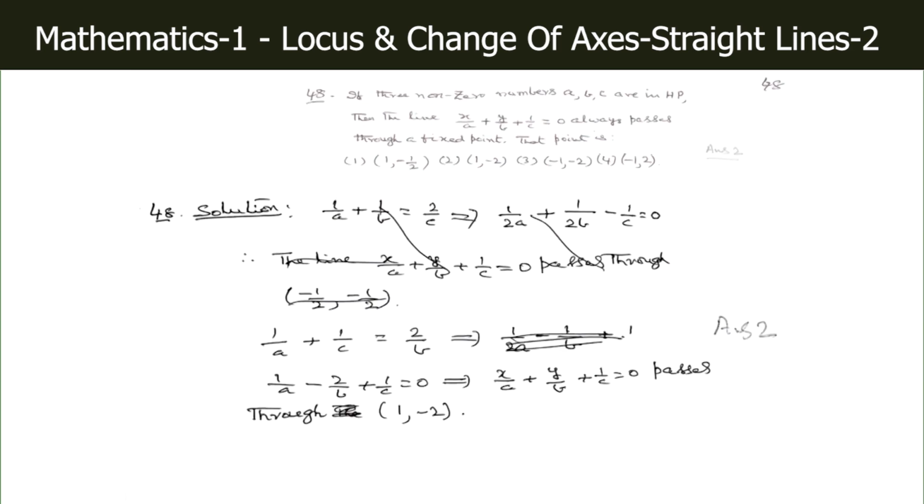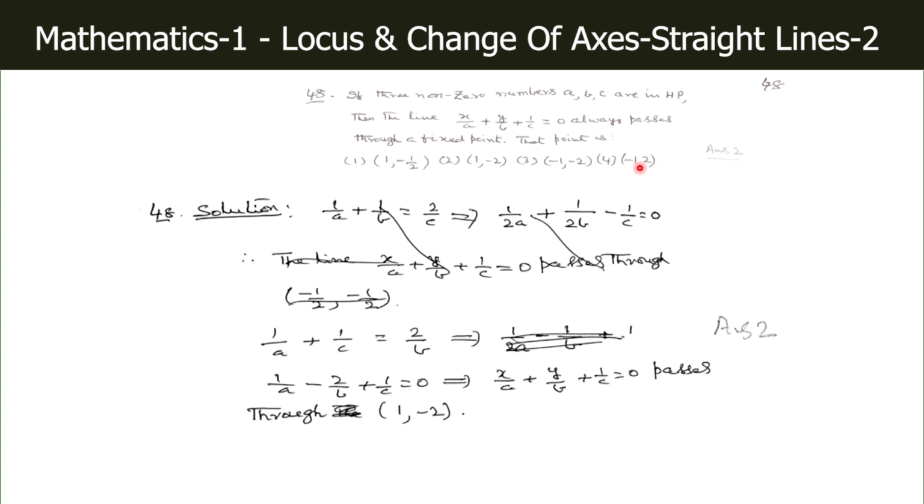Okay. So 48. If 3 non-zero numbers a, b, c are in HP, that means harmonic progression, then the line x by a plus y by b plus 1 by c equal to 0 always passes through a fixed point, and that point is: 1, 1 comma minus 2; 2, 1 comma minus 2; 3, minus 1 comma minus 2; 4, minus 1 comma 2. And you know that a, b, c, 3 non-zero numbers, are in HP in that given order